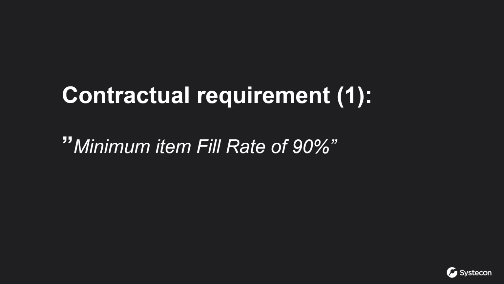Now remember, regardless of which side of the playing field you stand in this helicopter program, the provider or the buyer or operator, there will be a contractual requirement that you need to understand and control. A situation that many of you might recognize could look something like this. A contractual requirement saying that we should have at least 90% fill rate. To be able to interpret or analyze how to reach this requirement, we must first understand what it means and how to calculate it. So, to start with, we assume that this requirement goes for each and every individual item,